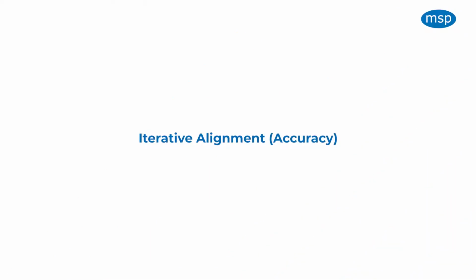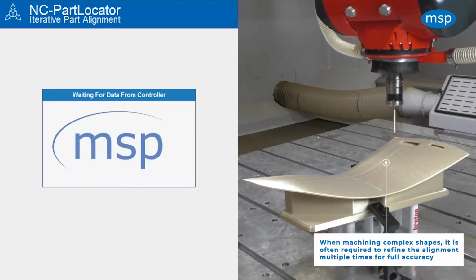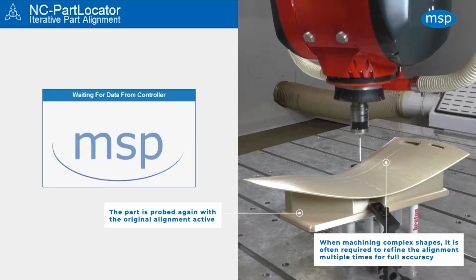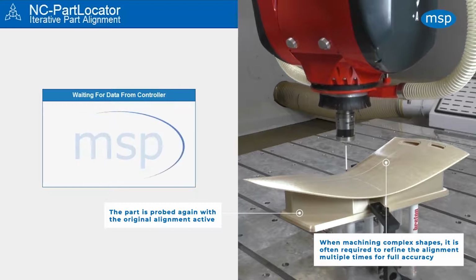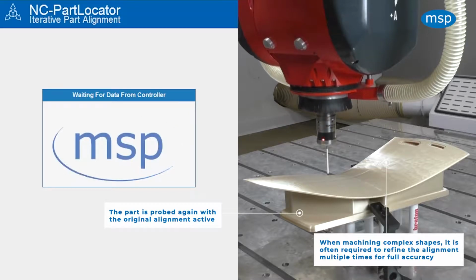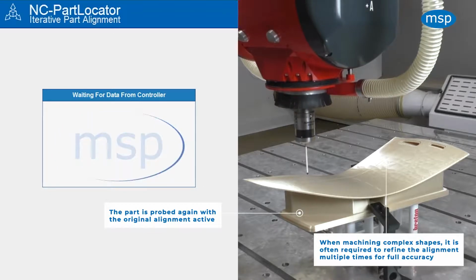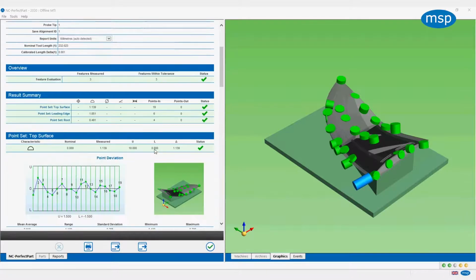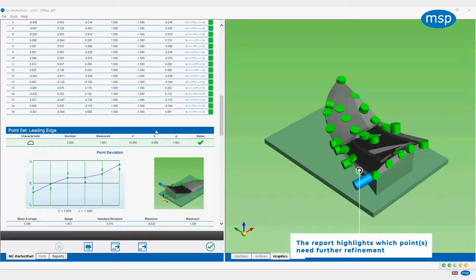Sometimes we need to do iterative alignments on the part, and that's either for added accuracy or for localized datums. So this first one is for accuracy. If you've got a very complex part with a lot of curvature, or a part that's deviated quite far away from the CAD nominal, then we can do an iterative alignment. So we would probe again the same features, or a more accurate set of features with the original alignment active. And then we can suggest and calculate a finer alignment that is more accurate for that part as